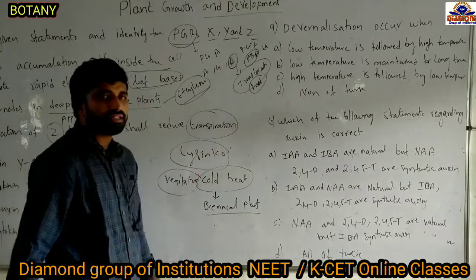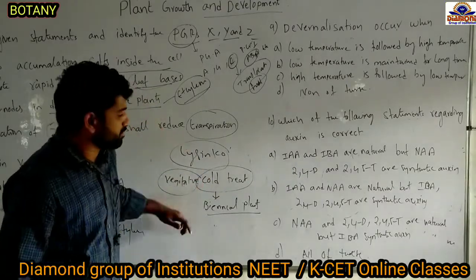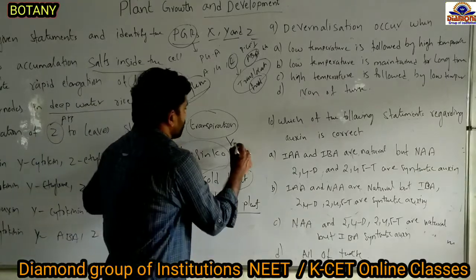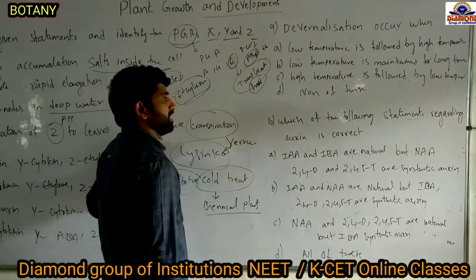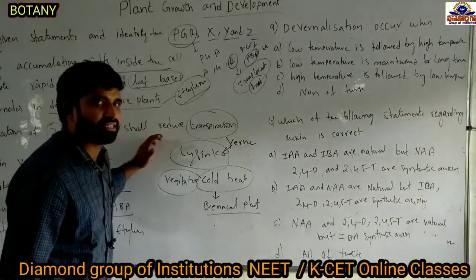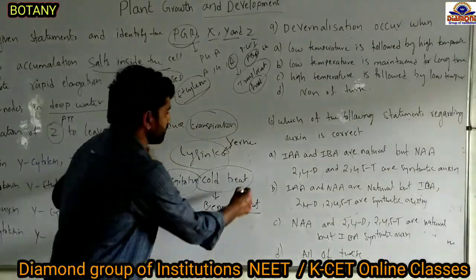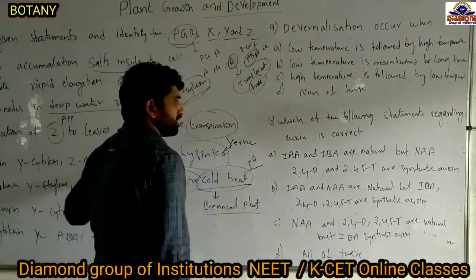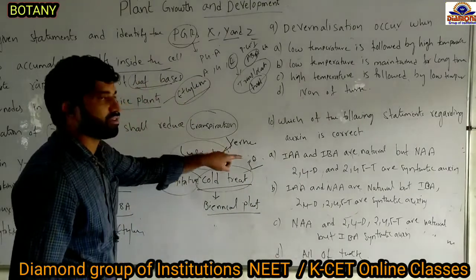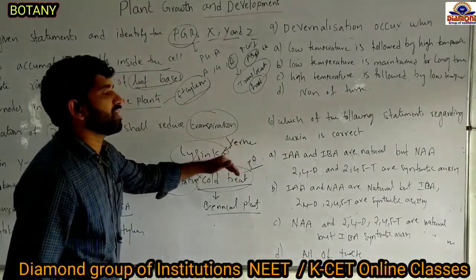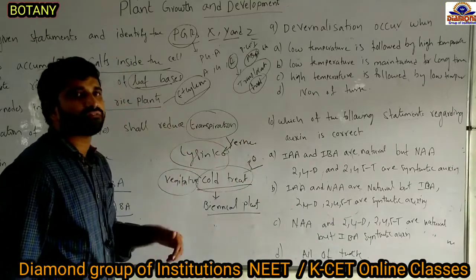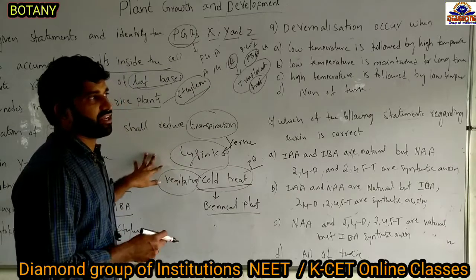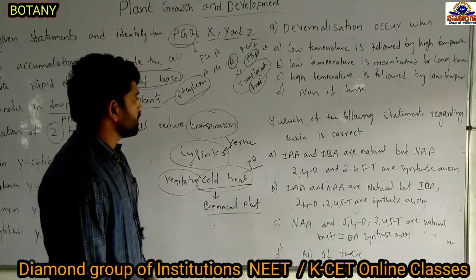That vegetative phase time or duration we are going to reduce. So that is called vernalization, and that process was explained by Lysenko. In vernalization, these plants are treated with low temperature, up to 5 degrees. Whenever biennial plants are treated with 5 degrees of cold, they can produce flowers before the second year. Means the vegetative phase is reduced, and within 1 year only they can produce flowers. So that is vernalization.